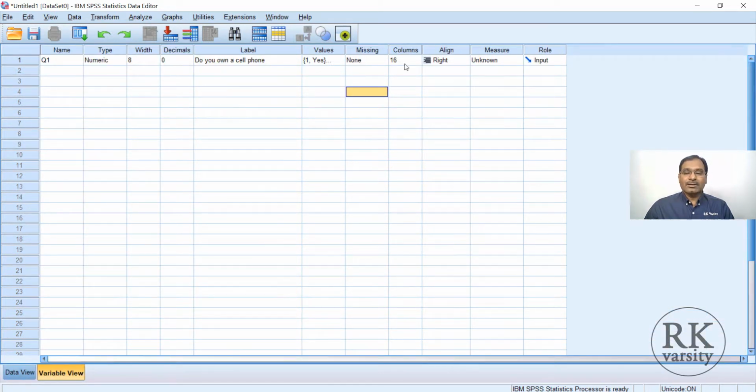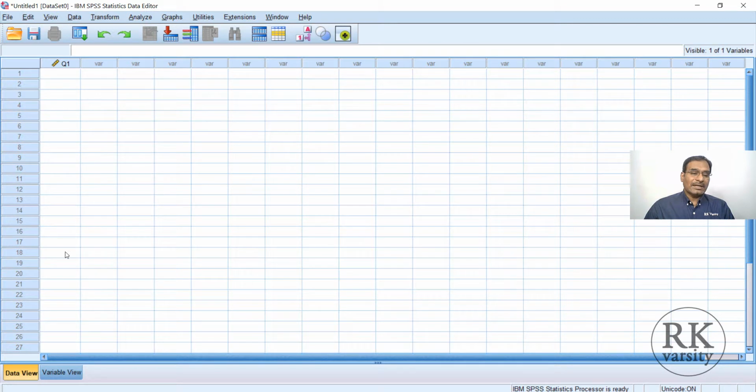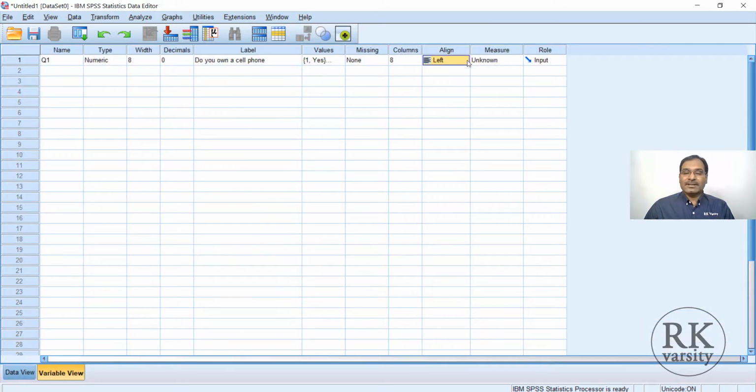Otherwise, you can stick with the smaller column width, that is 8. And here the alignment: left, right or center, in the data view. If you click left align, then in the data view your response will appear on the left-hand side, and if it is center, then center, and right is right.